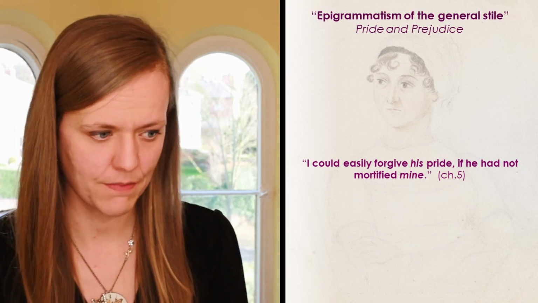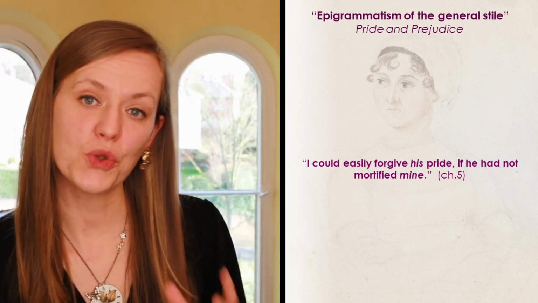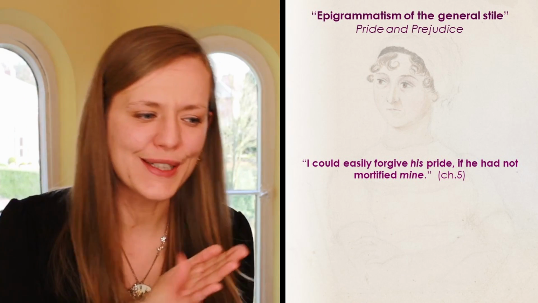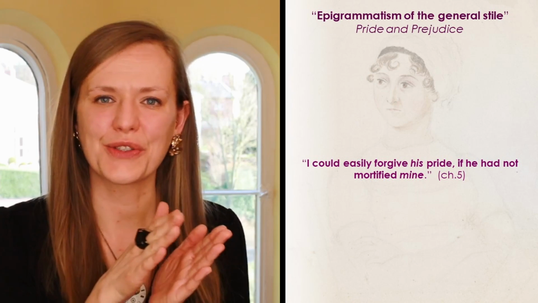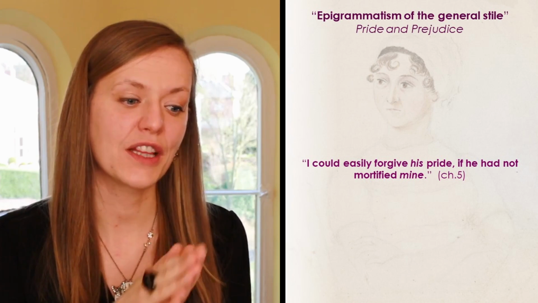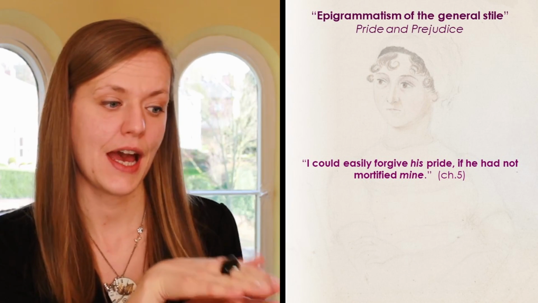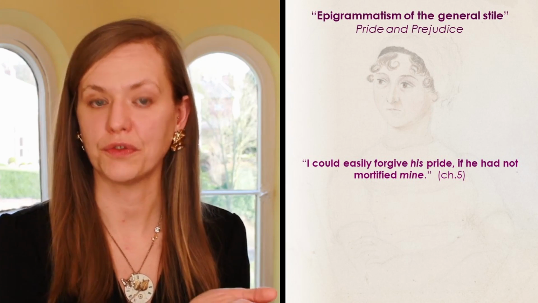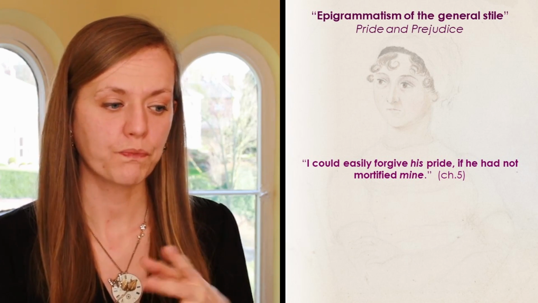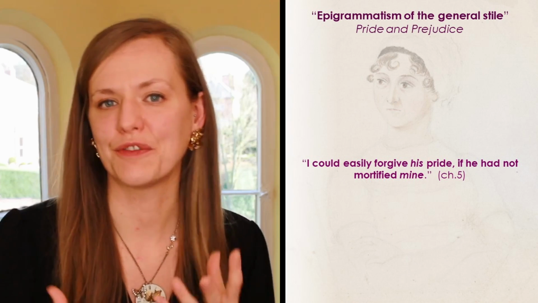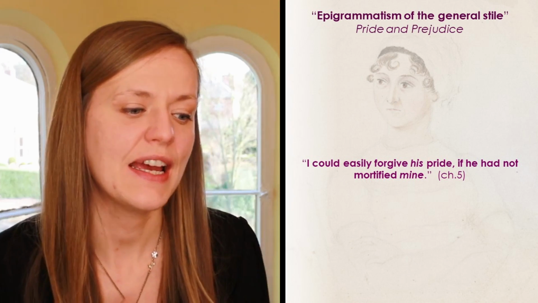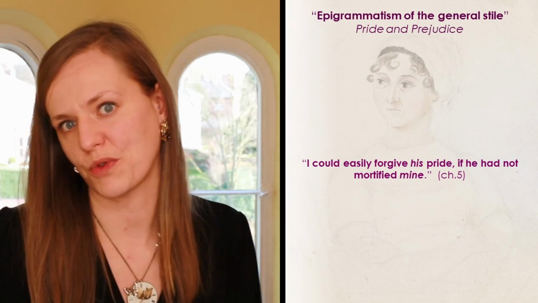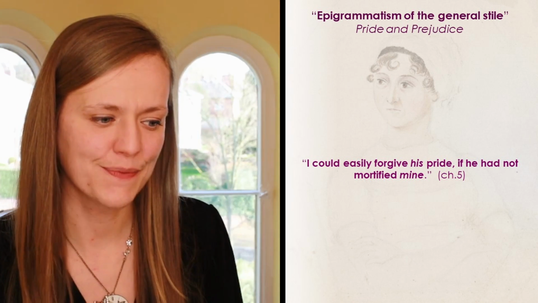As in Samuel Johnson's prose, we have the almost closed couplet-like Popian construction, the concision, in having the first clause make a statement and the second clause reflect back on and undermine the first clause. So Lizzie would be able to forgive Mr. Darcy's pride if he had not mortified her pride, which means, of course, that she cannot forgive his pride.